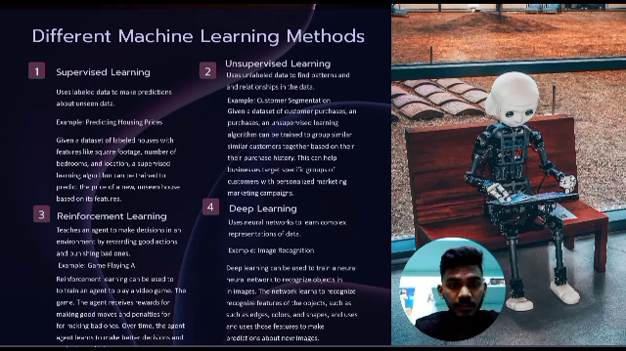And the last one is deep learning. It uses neural networks to learn complex representations of data. An example of deep learning is image recognition. Deep learning can be used to train a neural network to recognize objects in images. The network learns to recognize features of an object such as edges, colors, and shapes, and uses those features to make